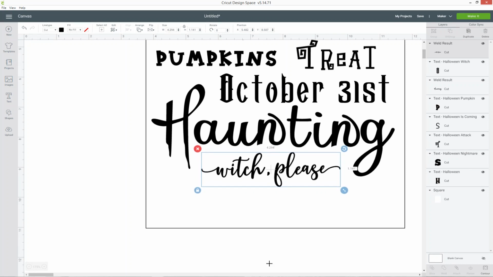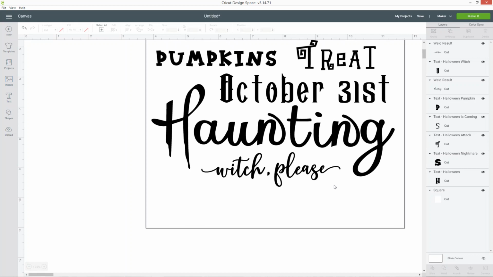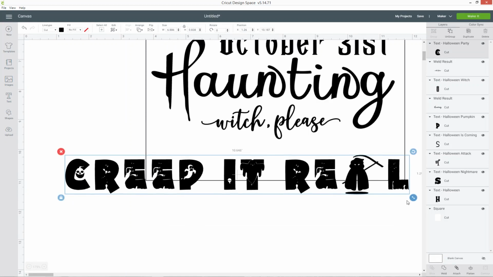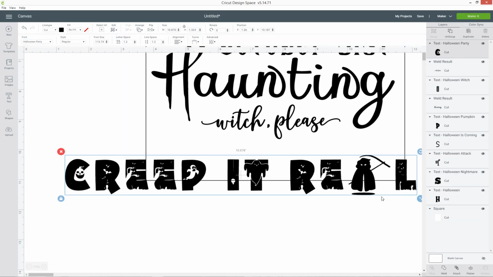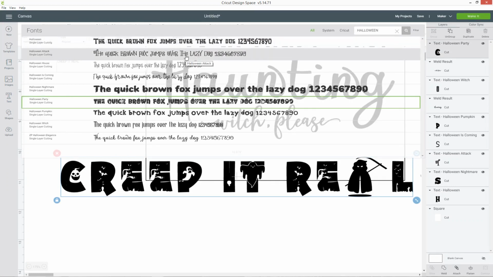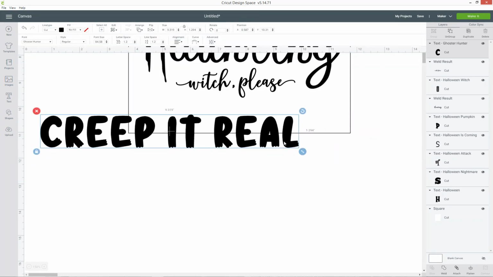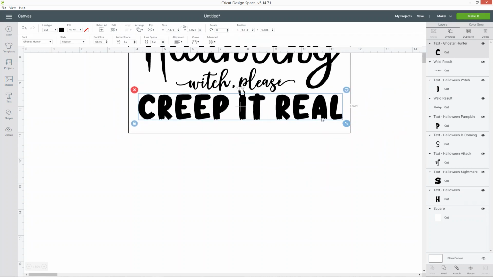Okay, so now I've got just a little bit left on my design, so just want to go along the bottom. See, when I previewed this font it looked really cool because it's got all these pictures, but if you actually look, that's just going to be so small, my Cricut's not going to be able to deal with it. So unfortunately, I don't think that font is going to work. I'll just make that smaller, add it in the space I've got left.